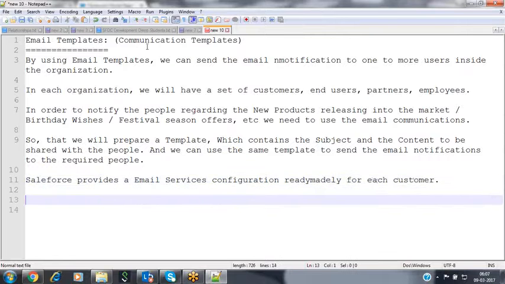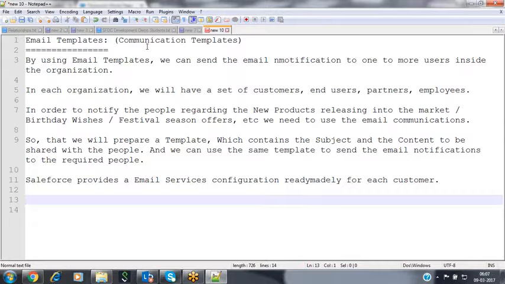No need to configure any email server configuration inside your Salesforce instance. These are already configured. We can just send the notification. That's it. Now, coming to the email templates: by using these email templates, we are going to send email notifications to those people.